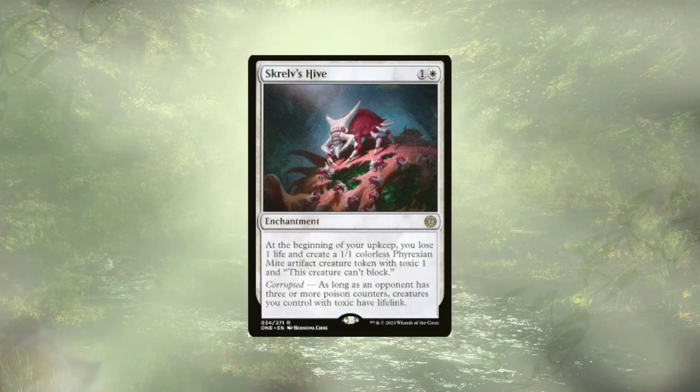And the last bit of Toxic Boys is the Skrelv's Hive. We're going to lose a life, we're going to create a mite, it's going to have Toxic, and it's also got a little bit of corruptedness for us, which gives all of our toxic creatures lifelink. We're paying life in this deck,